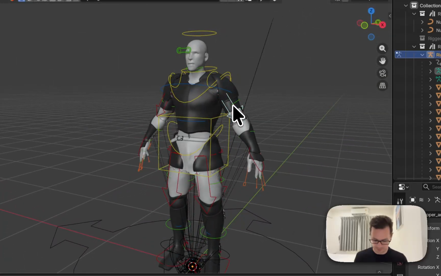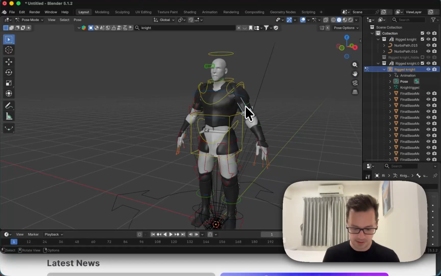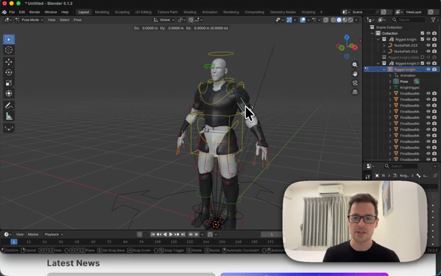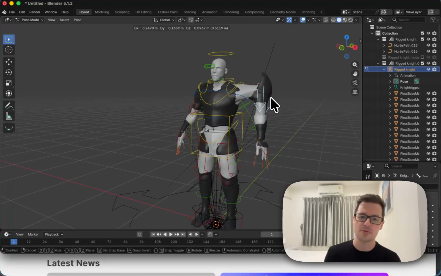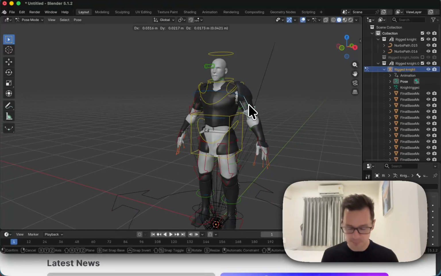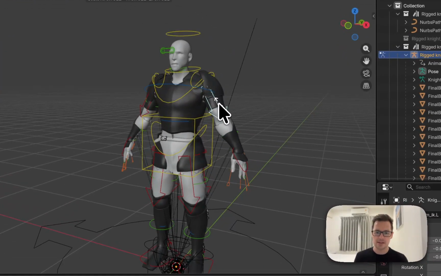If I choose one of them and then hold the G key on the keyboard and start moving, yes, the character's arm starts moving a little bit. I can put it in very odd angles as well and create very strange looking characters. That's also a possibility. By holding the S key instead, I can change the